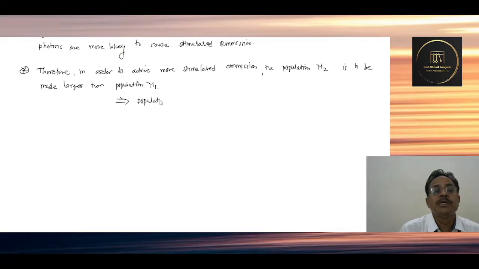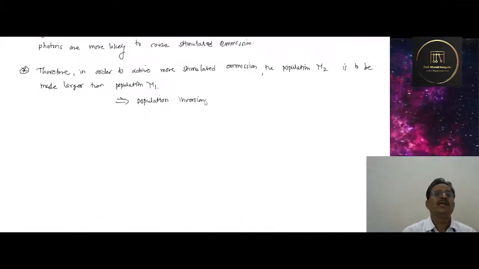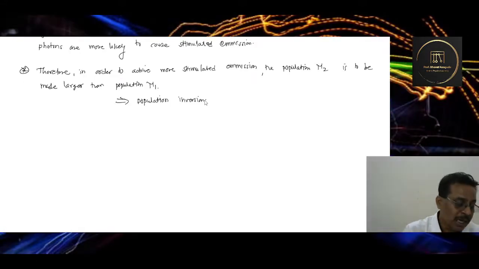Okay, remember this. There can be at least 2, 3, 4 MCQ questions over this concept, which is called population inversion. Most of the atoms in the ground state are to be raised to the excited state somehow, mechanically or electronically or using some electrical energy, so that most of the atoms are populated in the excited state, and this concept is called population inversion. So all these 3 processes, as I said earlier, we can sum up in the following way.